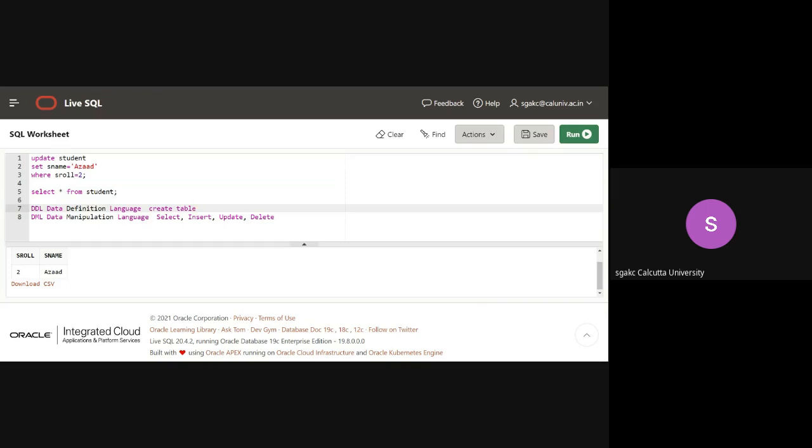Are you understanding? The table will still exist, but the data will not exist. So if I want to remove the table also, then I will have to use drop. If I use drop, it will remove the table as well as the data. That we'll see in a later class.